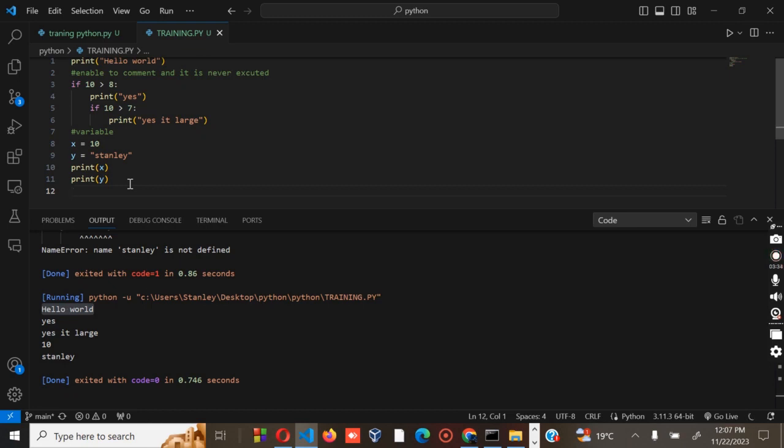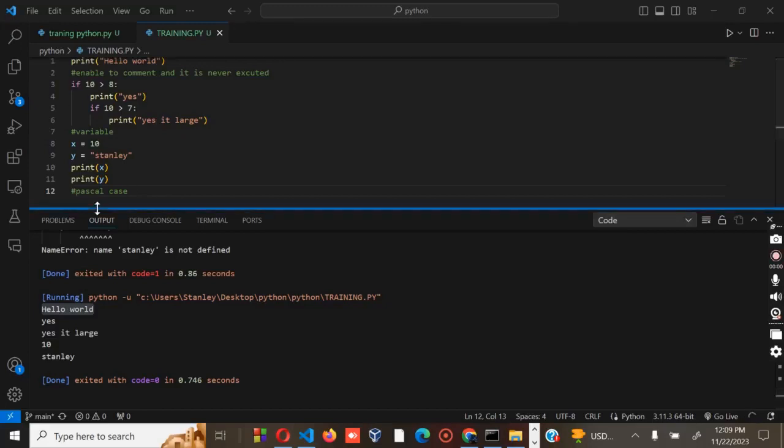Okay, let's start with the Pascal case, which is an example of a variable naming style. The essence of using these variable names is that a variable name with more than one word can be difficult to read.